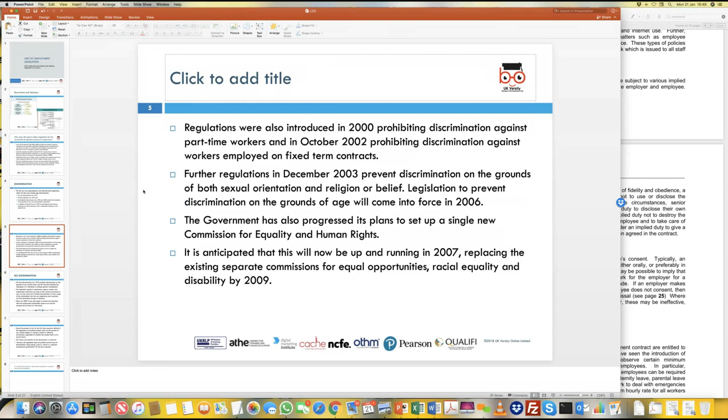Now, if I just elaborate slightly, some of the other regulations which are important: in 2000, another regulation was introduced wherein you cannot discriminate between part-time and full-time workers or workers on fixed-term contracts. That means if you employ somebody on a fixed-term contract, where they need to work for 9 months on a project, and once the project is delivered their contract will be terminated, they cannot be discriminated against in any shape or form and will be treated as normal employees working on a part-time or full-time basis within the organization.